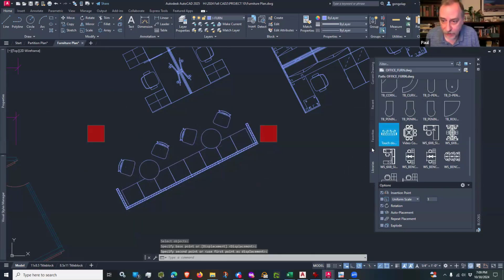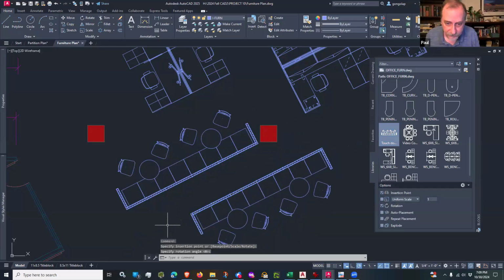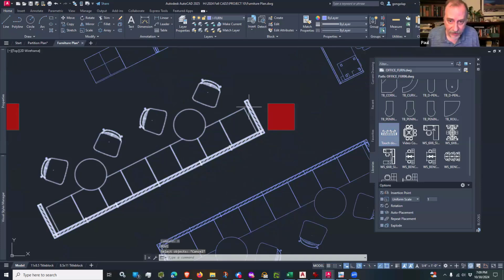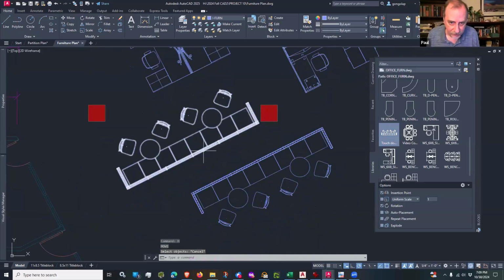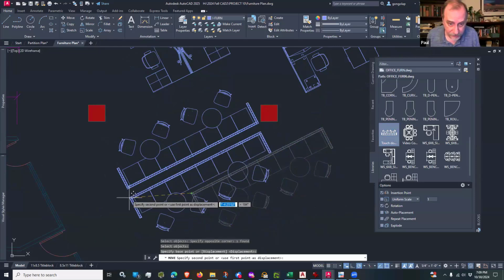And then I have another one facing the other direction. So these have got panels around them, right? This is a kind of privacy workstation panel running around like this. And what I don't want to do